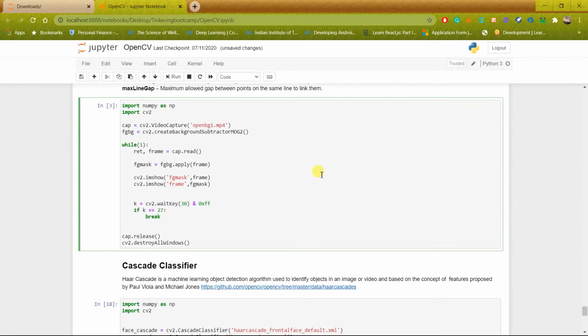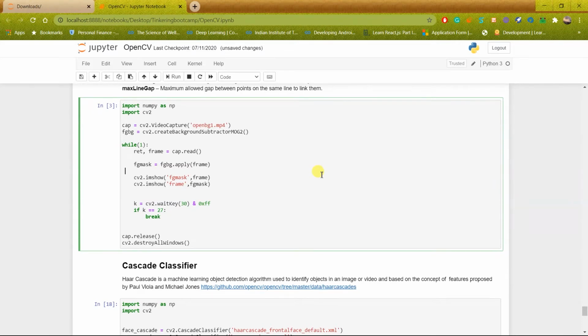So the next is the background detector or the background subtractor. Sometimes you want to do motion detection. You must have heard about motion detection. Most of the cameras which are used in warehouses and factories have motion detection and only get switched on when some motion is detected, to save electricity and to save the memory allocation of the video.